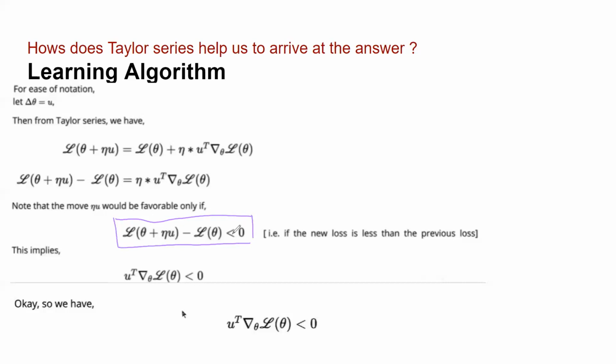So this expression should be lesser than 0. If this expression is lesser than 0, then the RHS expression should also be lesser than 0. In that case only will my LHS equal the RHS. So my U transpose, this is called gradient, by the way. Gradient theta, L theta is smaller than 0. What is gradient here? Gradient is nothing but derivative. This is coming from my previous slide.